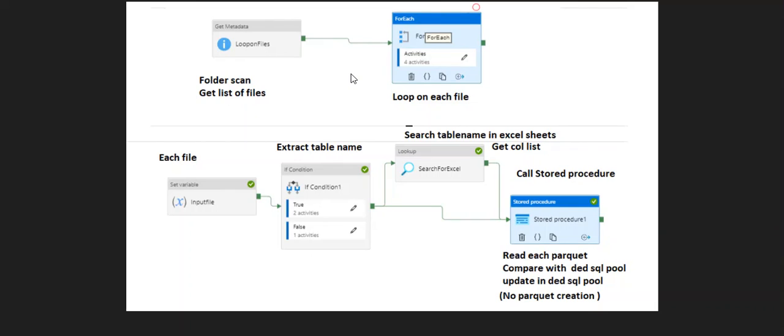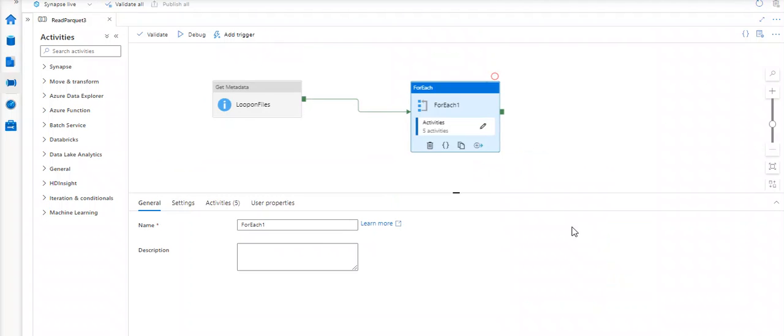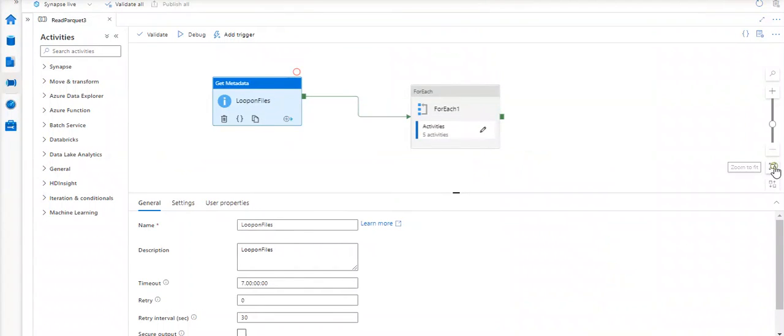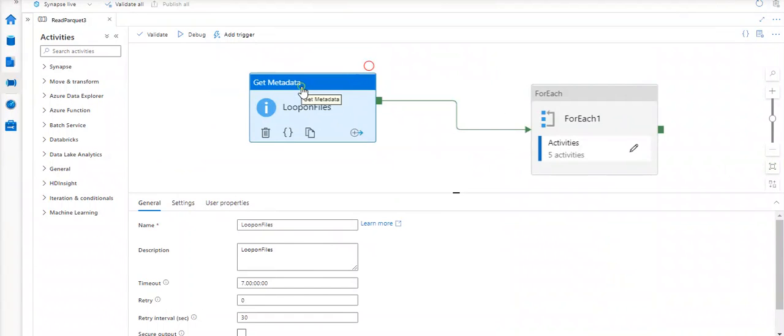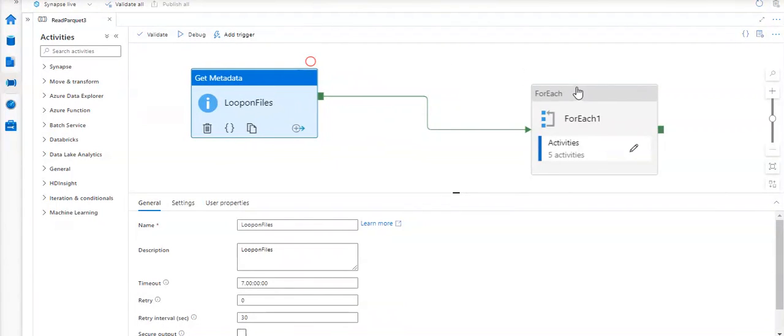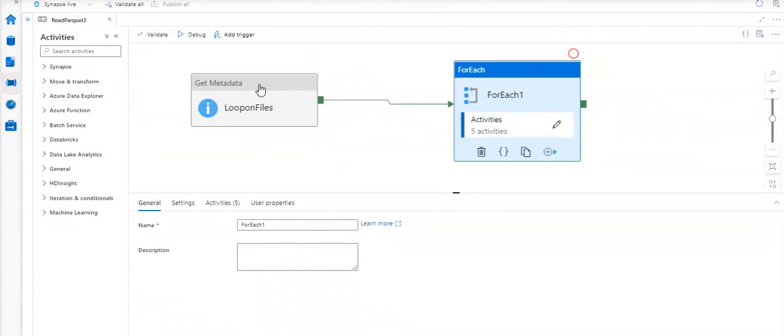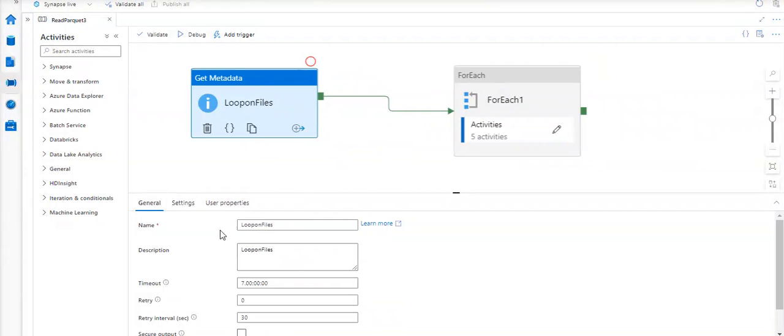So first things first, the pipeline where we will scan the folder and get the list of all the files. So here we are. This is a pipeline. This is a Get Metadata activity. After that we have a For Each activity. Within Get Metadata, give the name, go to settings,